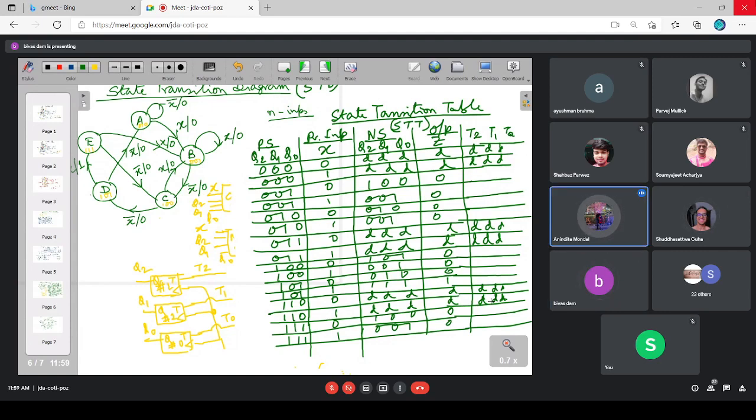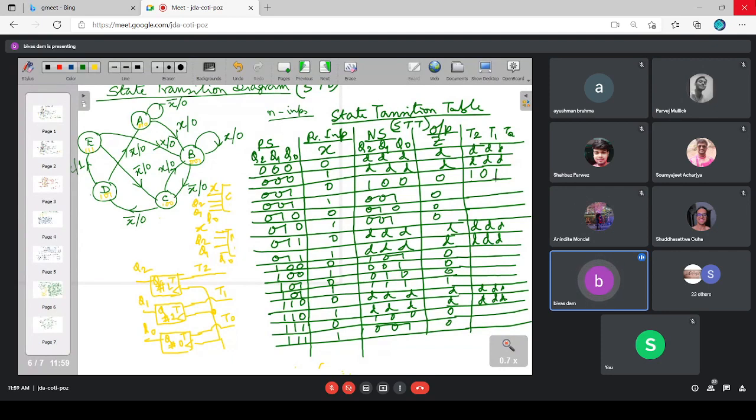No, sorry, 1. What about the Q1? Is it toggling? No. So 0, continue with the previous state. What about Q not? Toggling. So 1. That should be the output of the next state combination logic block when the input combination